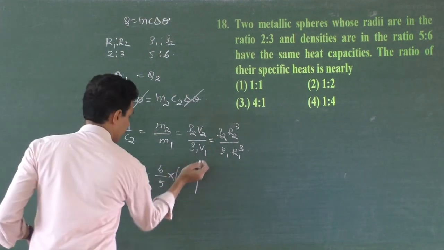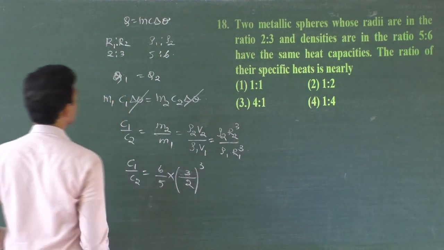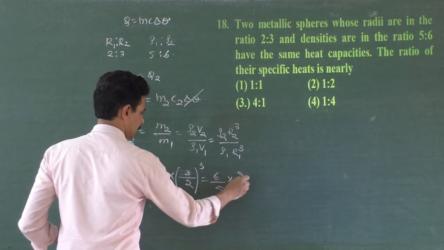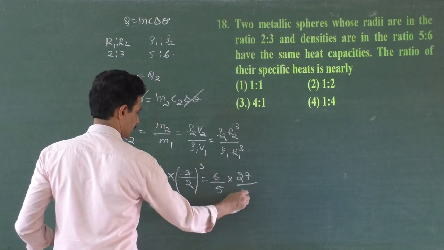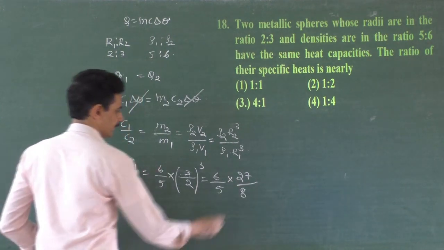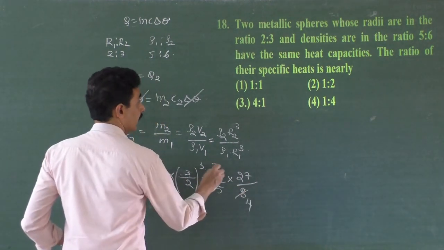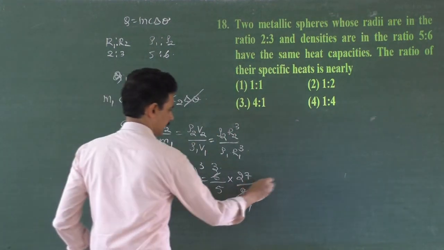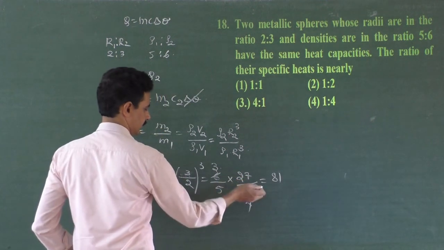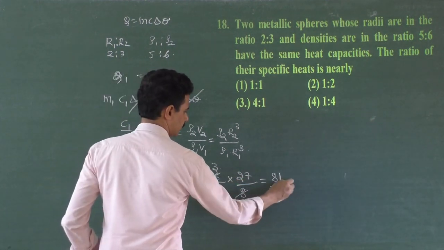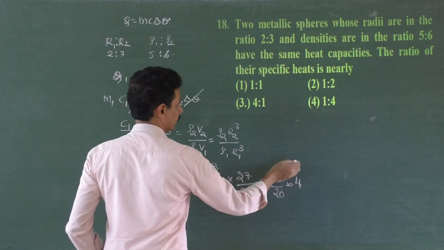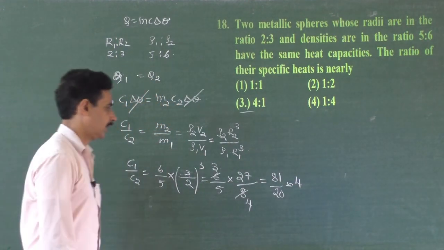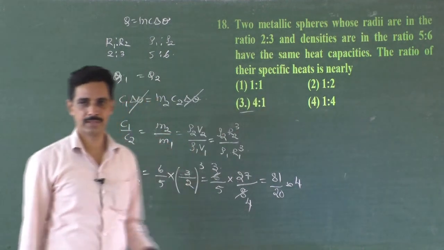927 by, okay, we'll write it, 3 by 2 whole cube, correct? 3 by 2 whole cube, 6 by 5, 27 divided by 8, and again it's nearly, this is 81, 20, almost 4, correct? Almost 4 times, 4:1, nearly, they are asking, so that may be the